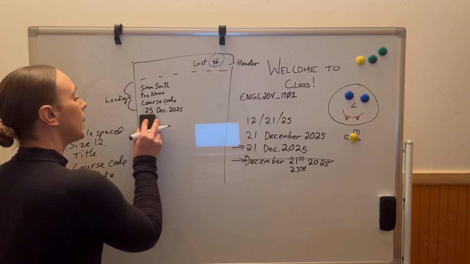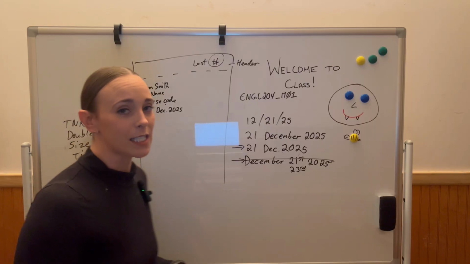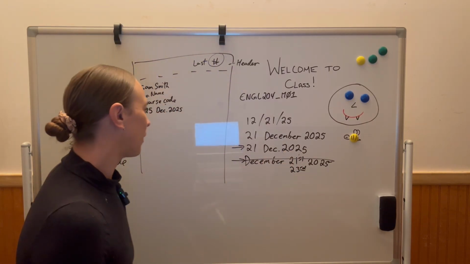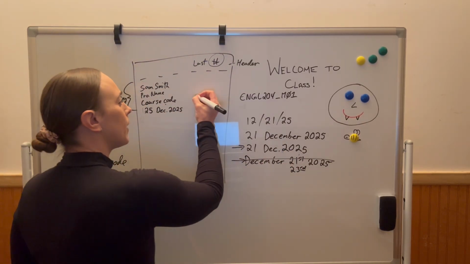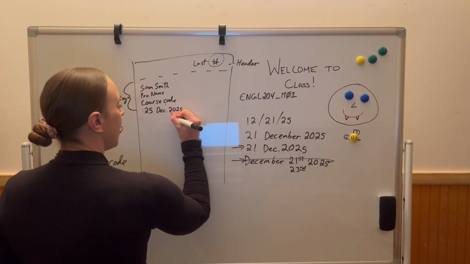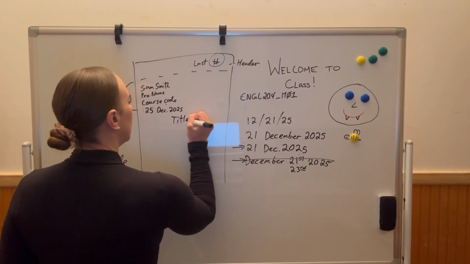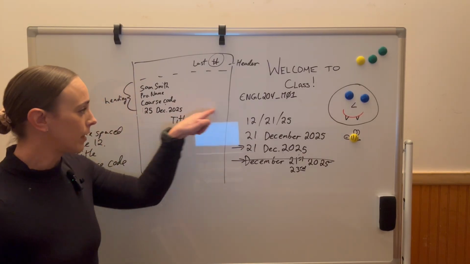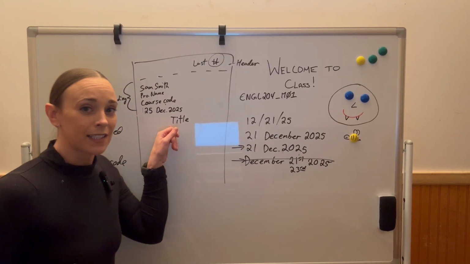All right. And then the next thing on our list would actually be the title. I usually do this funny little thing where I'm like, oh, does the title go here? Does it go up here, over here, down here? Long story short, it goes right here in the middle, underneath the date, not on the same line. And then you want to make sure that's centered.